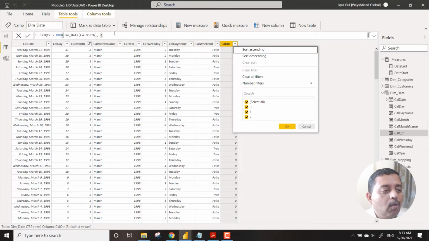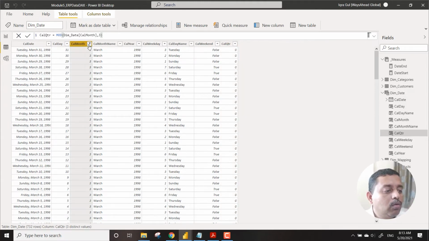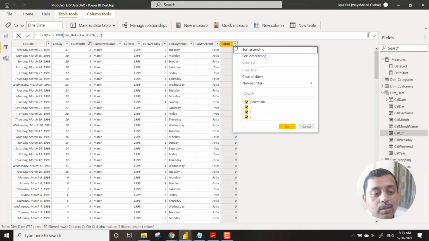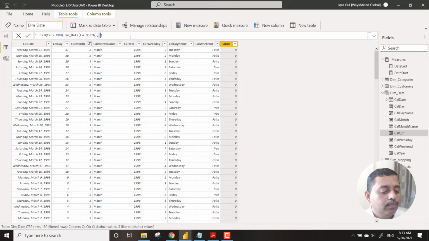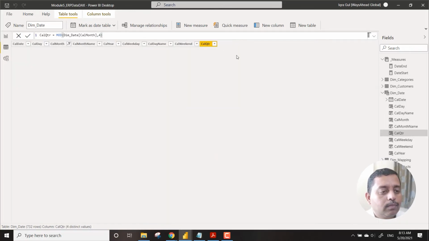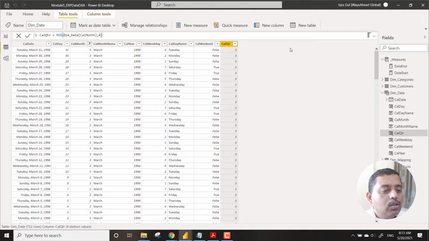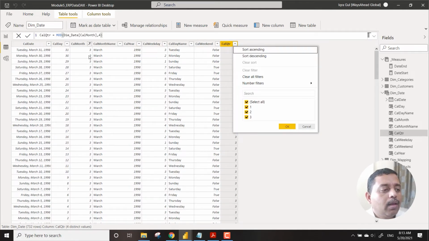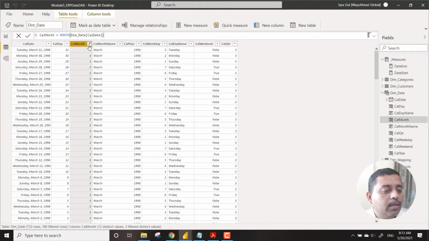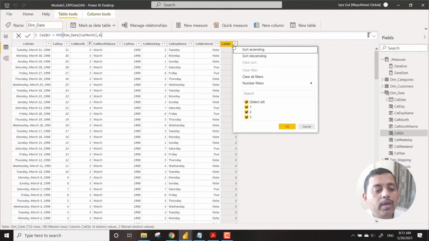Now you will see that it gives me 0, 1, 2. If you talk about 1, 2, 3 over here, it gives me 0, 1, 2, which is not what we wanted. So here whatever is the month, the quarter is also showing the same month, which should not be the case. So ideally what we need to do is go to the divide.